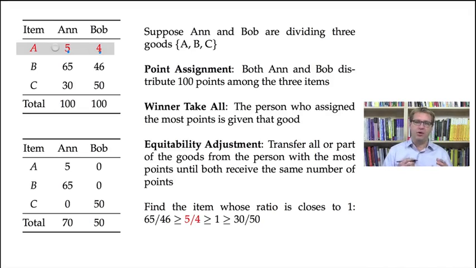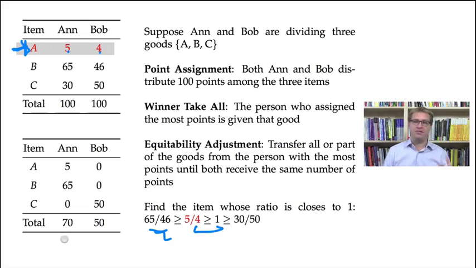Since Ann has more points than Bob, we're going to look at the ratios of Ann to Bob. 5 over 4 is closer to 1 than 65 over 46. So we find the good whose ratio is closest to 1, and of course is greater than 1, because if the ratio is less than 1, that means that Bob already values that item more. In this case it's A, and we transfer either all or part of that from Ann to Bob